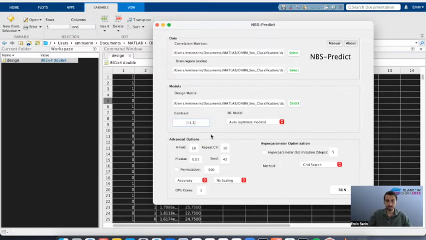So to control the confound variables, just write 0 for the total intracranial volume and 0 for the subject's age. Yeah, so this is actually how our contrast vector looks like.